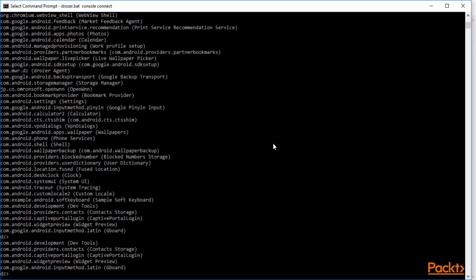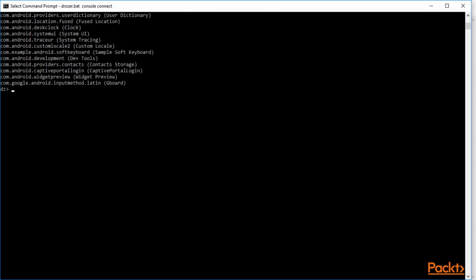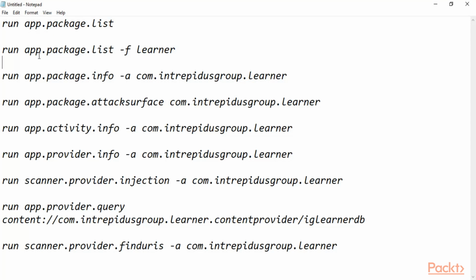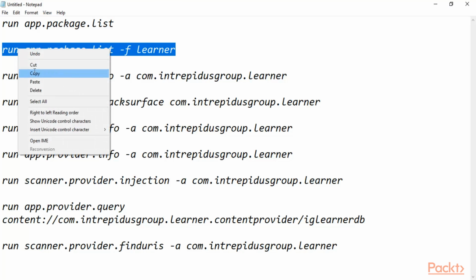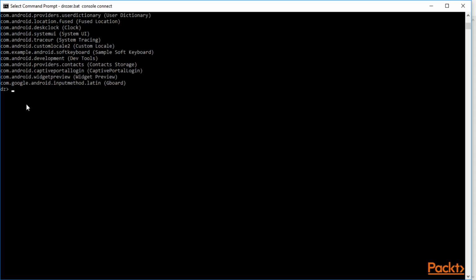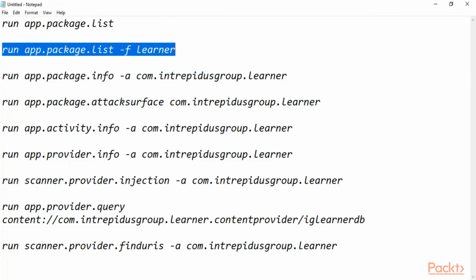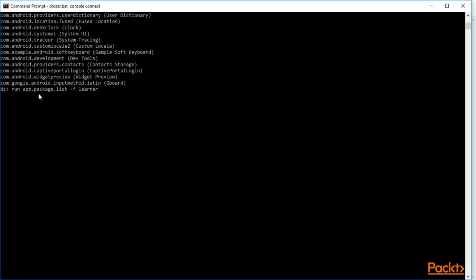Now you can come down, and here is my second command: run app.package.list -f learner. For example, if I want information about only the learner package, how can I get it? You can use -f and then the particular package you want. Copy this and paste it here: run app.package.list -f learner, hit enter.